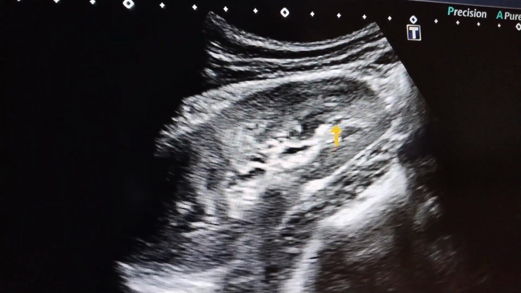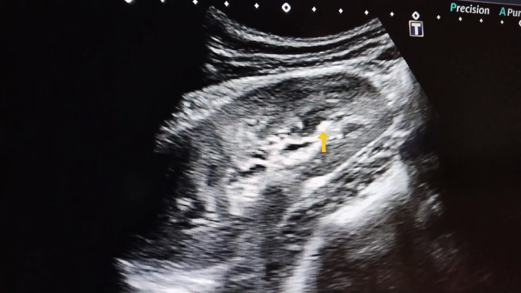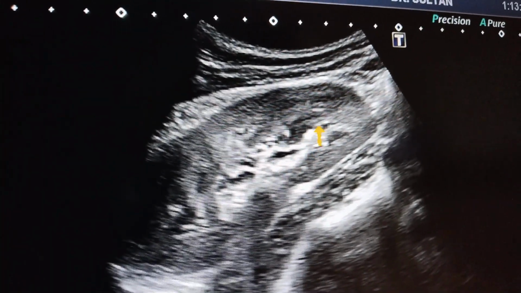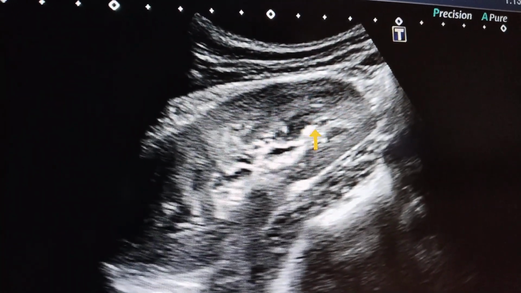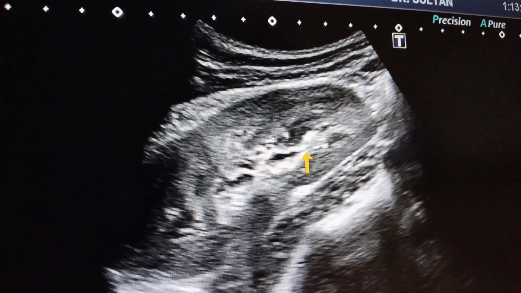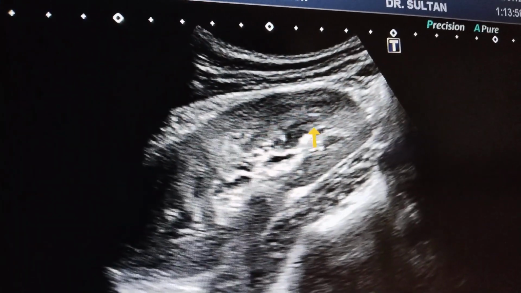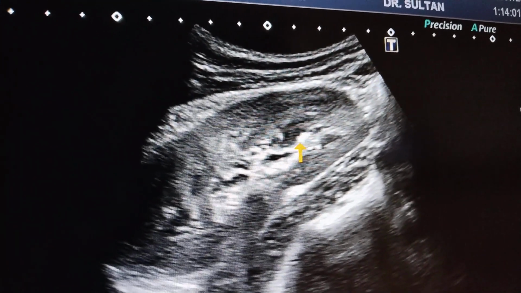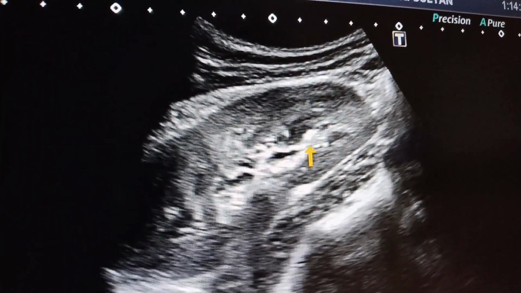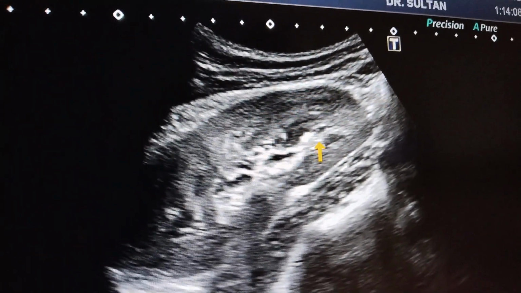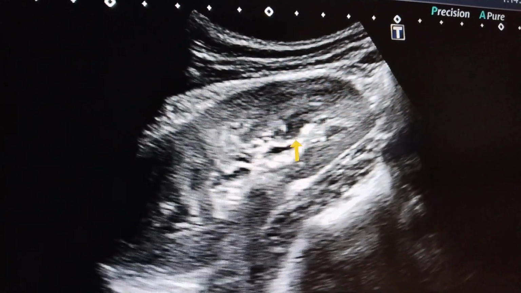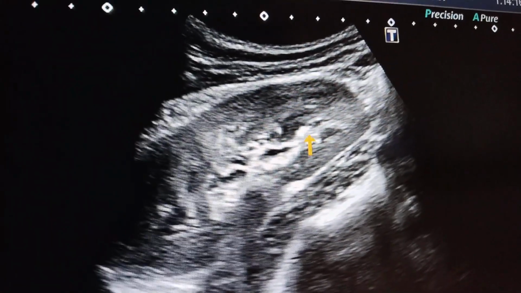So what we have seen: number one, echogenic focus. Number two, present in the lower pole. This is the calyces, lower pole calyces. Number three, it is producing shadowing. And another is that it is giving twinkle artifact. So these are the four supporting clues, supporting ultrasound findings. So we can definitely say it is a